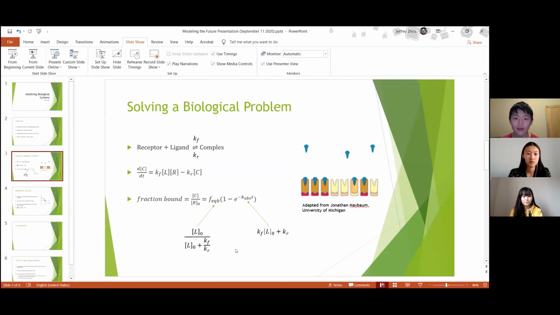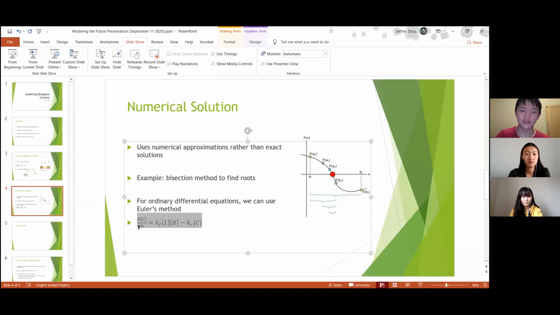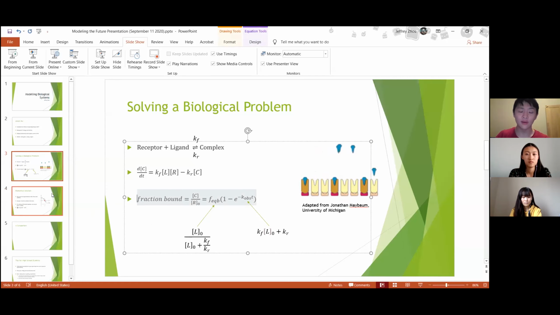If you didn't know that this was a solution at all, you had to do is model this differential equation using Euler's method, and you get results that are pretty much exactly the same. Even though that was helpful in this case where we did have an analytical solution already, a lot of the time when you're modeling different things, you can only have a numerical solution. And so it can model these super complex systems and approximate it to a point where it's basically good enough for anything you might need.